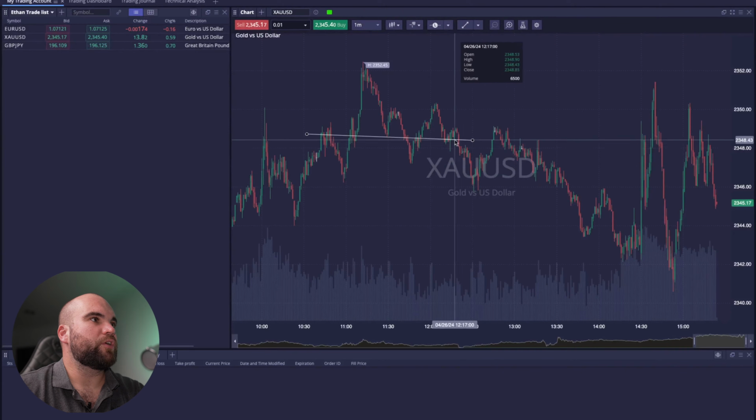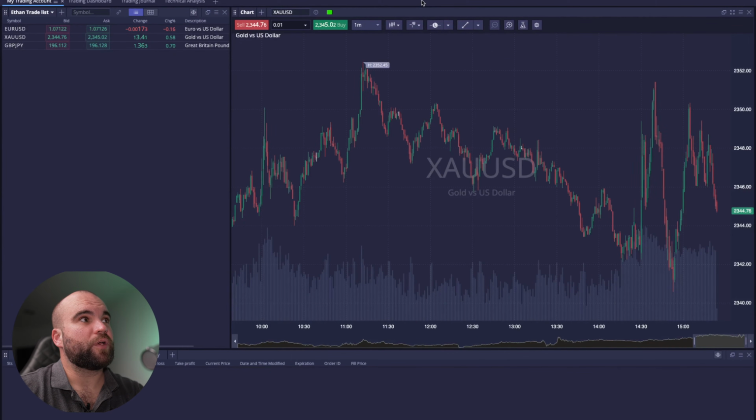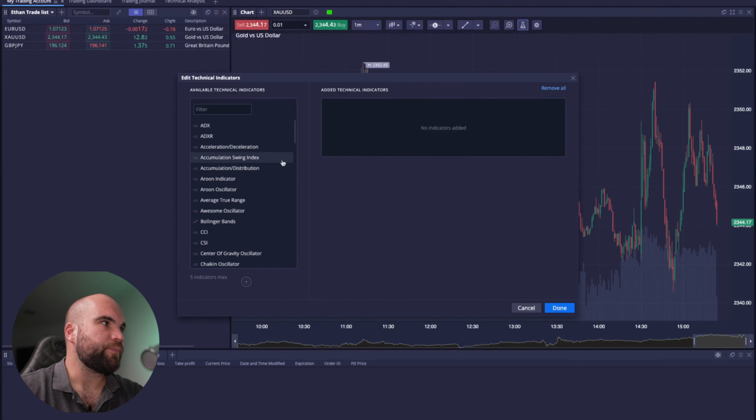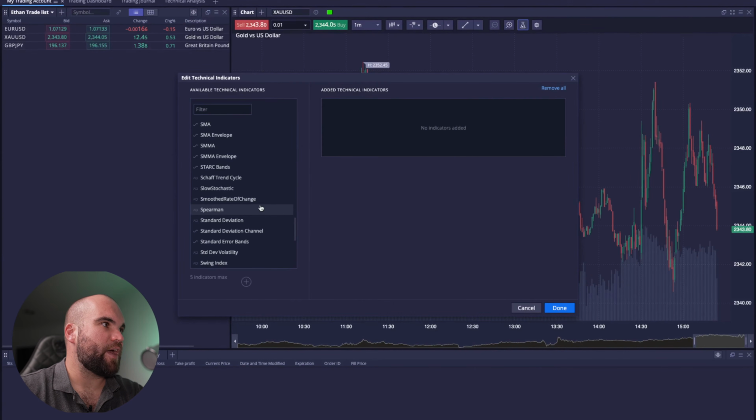Now, once you've learned how to draw on the charts, you're going to obviously want to execute on the charts. But before we get to that, we're going to want to learn about indicators. So if you want to have indicators on your charts, it's as simple as opening the chart you want, clicking on this button over here, and you've got access to all of these. So we've obviously got EMAs, DMI, gators, stochastics, Ichimoku, we've got tons of indicators, probably more than MetaTrader ever had. There's a whole lot of very unique ones that I've never seen before,